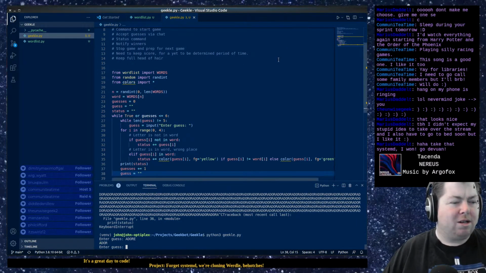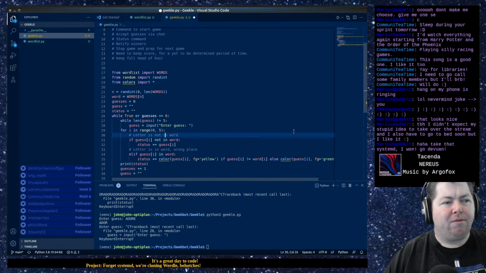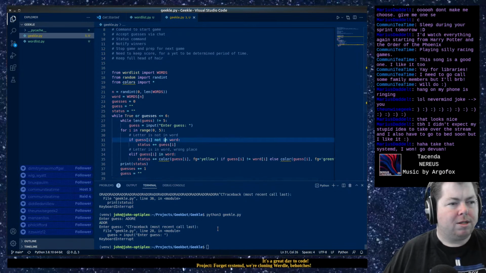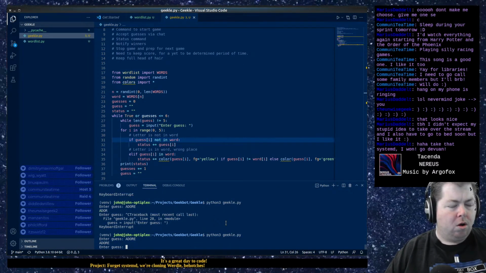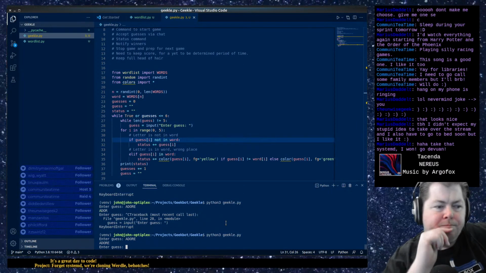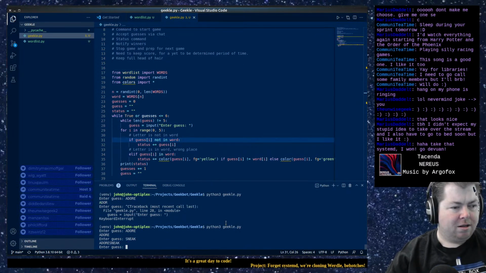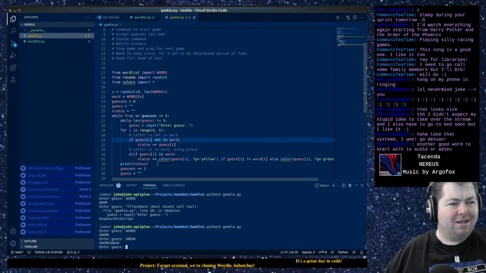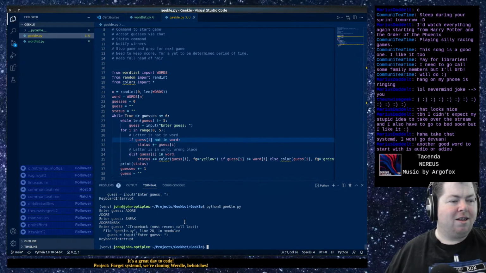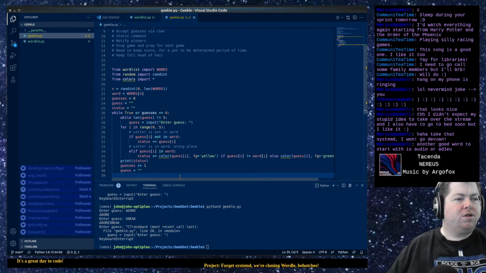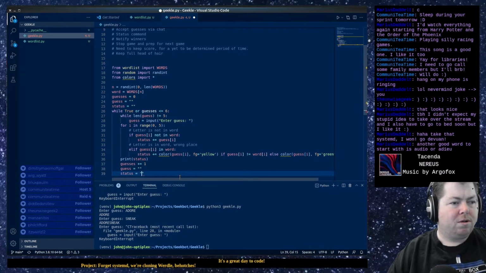Ooh, okay, so that didn't work. So it might be having to go up to our range of 5. It didn't quite get that done. Door. Okay, that's not it. Sneak. Oh, oops. Audio, that's a good idea. So, one thing we also need to do is status equals. Cool.